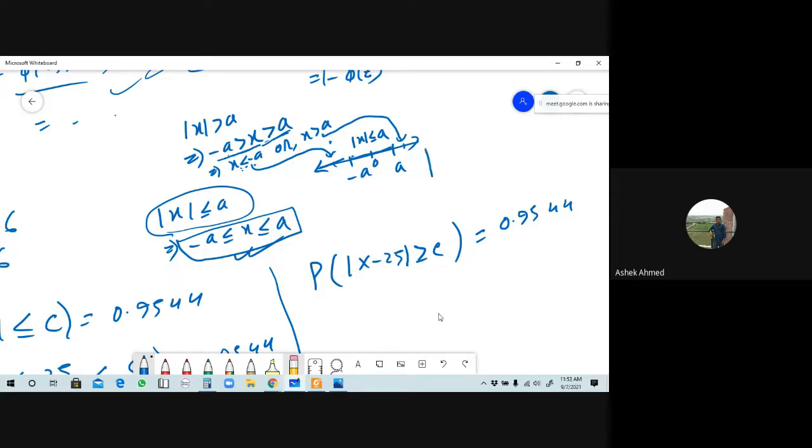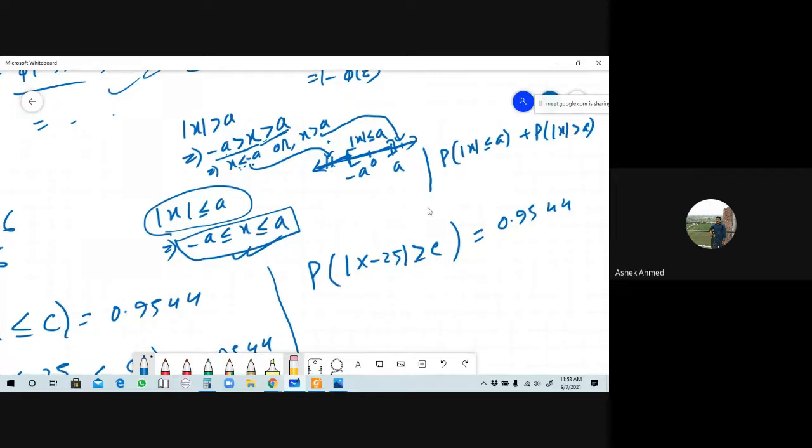So from here we can say that in total probability this represents the total real line, okay, we know that the probability of the total real line is 1, so this will be probability of absolute value of x is less than or equal to a plus probability of absolute value of x is greater than a. তাহলে এখন এই দুটো যে ইন্টারভ্যাল আছে সেটা নিয়ে absolute value of x is greater than a হবে, আর এখানে যে ইন্টারভ্যালটা আছে এটা নিয়ে মূলত absolute value of x is less than a হবে। তাহলে এই দুটো ইন্টারভ্যাল সাম করলে that will be 1 here,